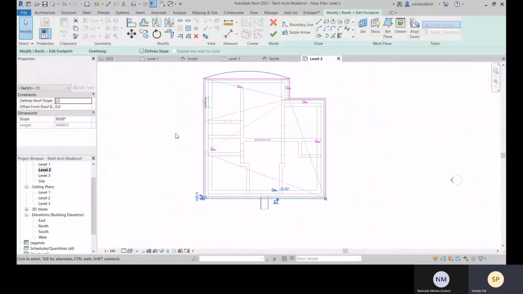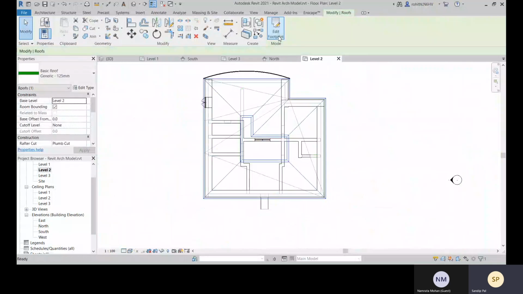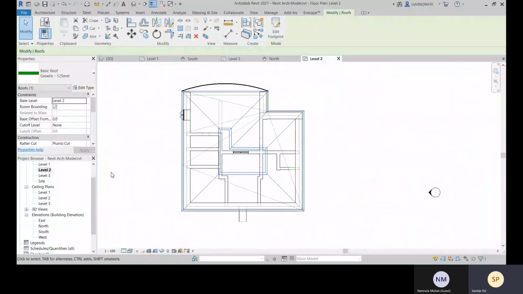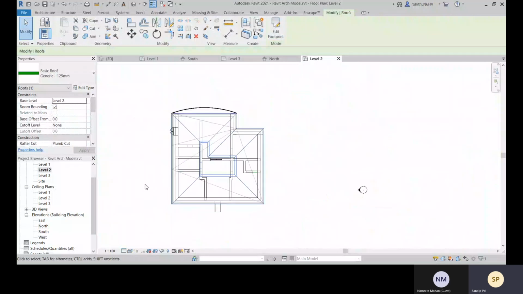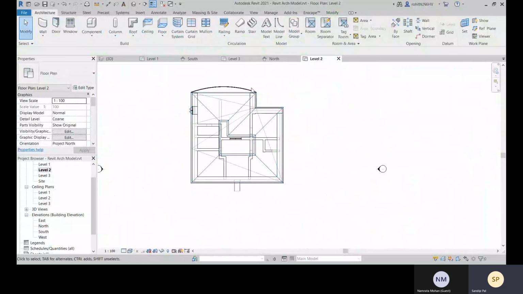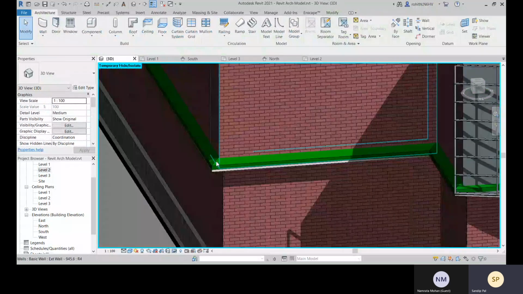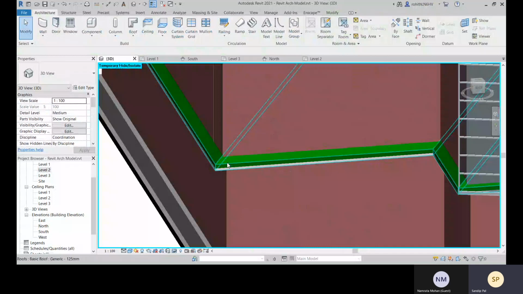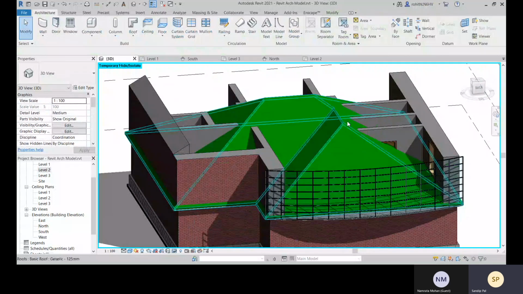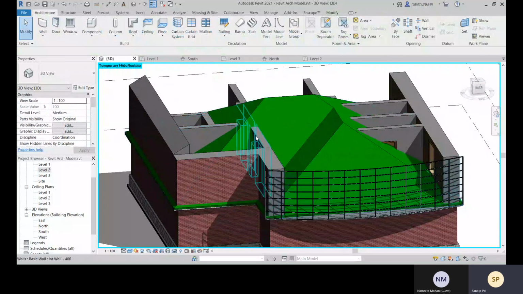And let's come to this. So here you can see we're getting this kind of effect. So I don't need this inner part, right?